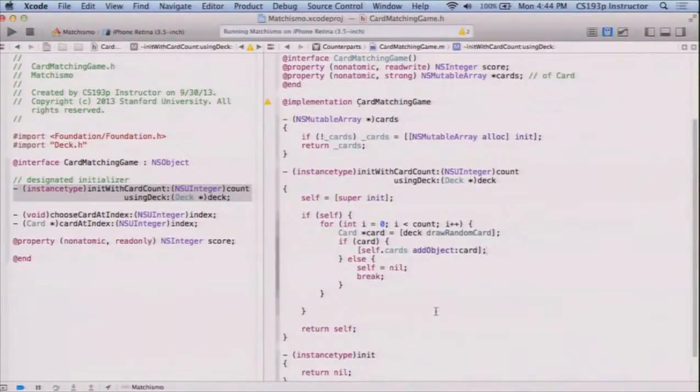I had a little different code there. But actually, I'm not sure if that would work. Let me think about that. So you're saying insertObject. Yeah, actually, that probably would work too, because you'd be doing insertObject atIndex. It would be just at the end of the array. That would probably work too. So you could do it either way, because